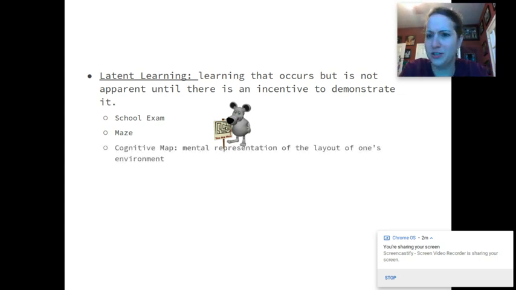And I don't know where else to put this term because it's in this unit, but I don't really know why. And the term is cognitive map. It just is a mental representation of your layout. So you can close your eyes and visualize what it would be like to walk to your bedroom or walk to the kitchen. And you probably know, even without having to get in a car, how to get to school. You know which turns to take. Basically it's a mental representation of the layout of your environment around you.